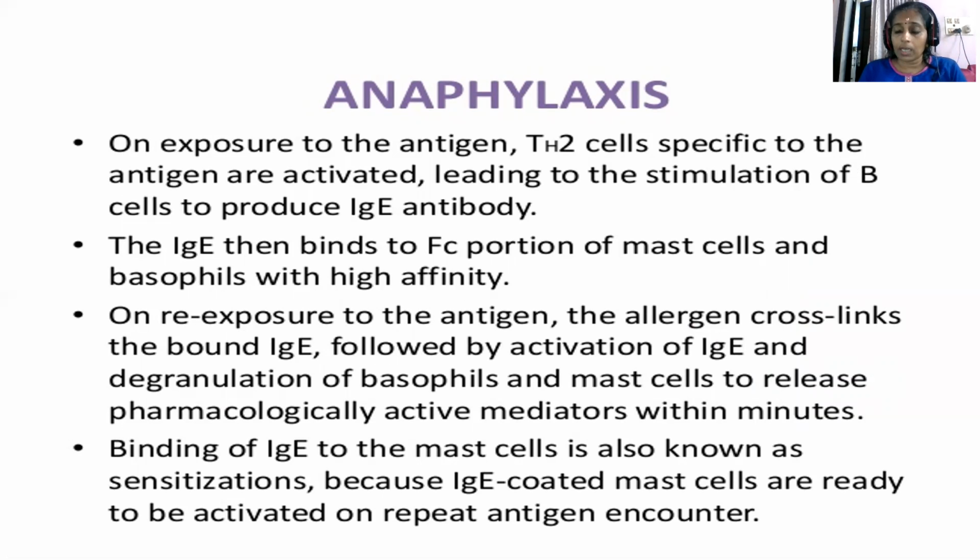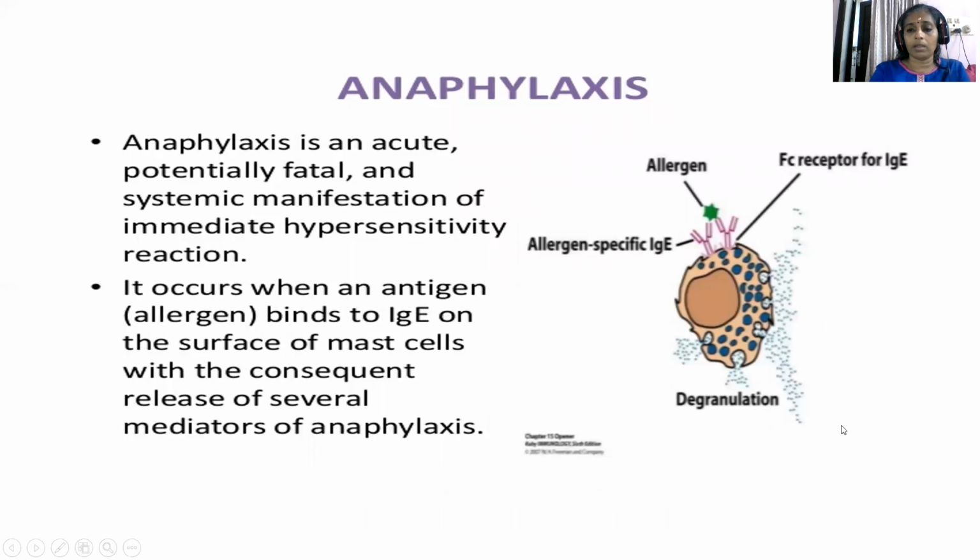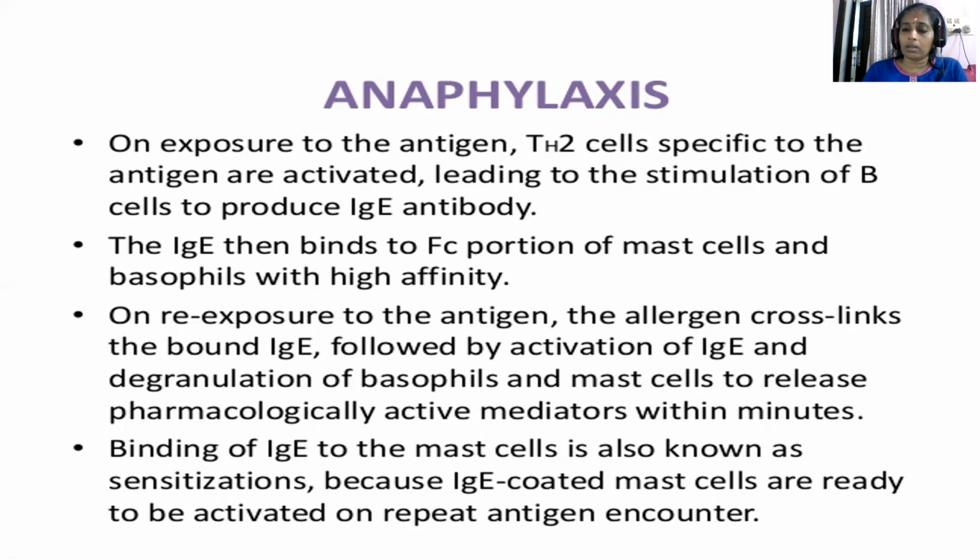As I said, an antigen comes and binds with the T helper cells. The T helper cells activate mast cells. On exposure to the antigen, the IgE portion of the antibody will help. As we said in the previous slide, the allergen will come and cross-link between the IgE antibodies. That will produce a signal, and with degranulation, that signal will help